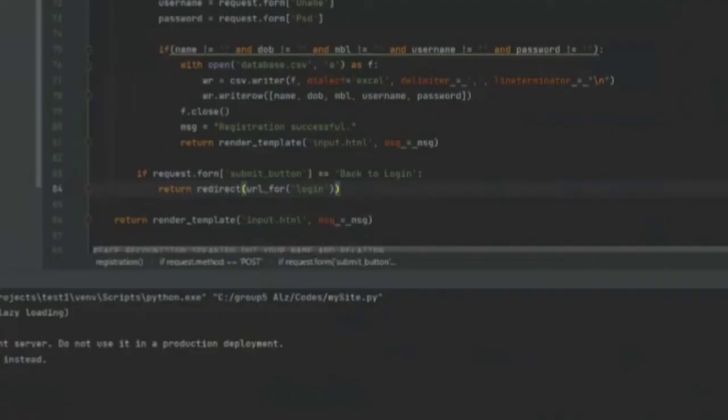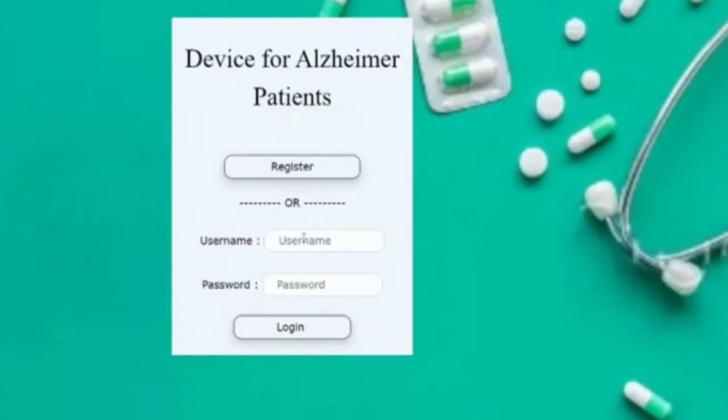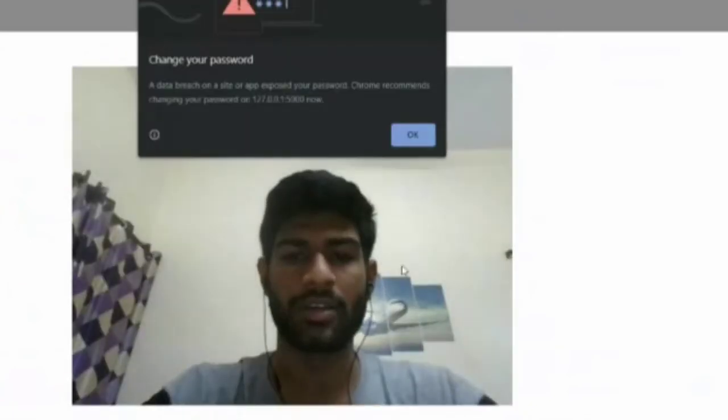Then we'll come back to our website. We'll log in here. For instance, if a person with Alzheimer's disease gets lost and goes out of the home and panics, he can use this button named location.